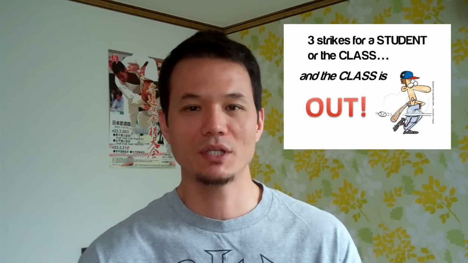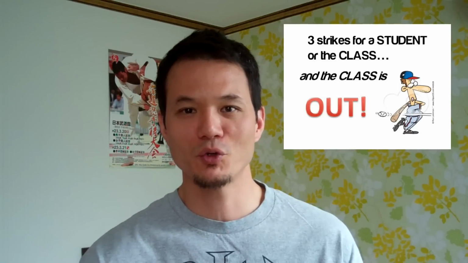You can also have general conduct rules and penalties and things like that. In my case, I have a 3-strike rule. And basically what that is, if there's any unruly behavior 3 times, I actually punish the whole class. Now I know some of you are going to be like, what? That's crazy, that's stupid. And you know what, in some cases it is, but there's a few reasons why I did it. First,